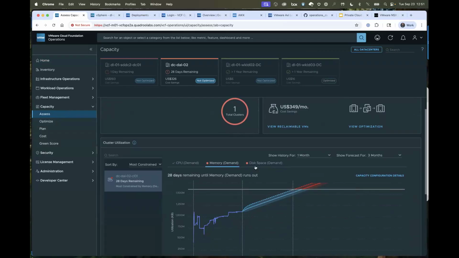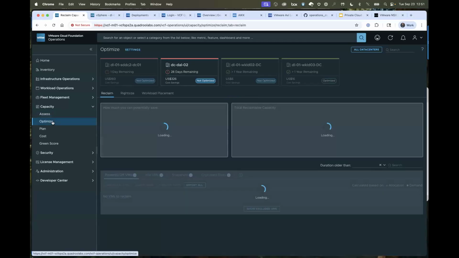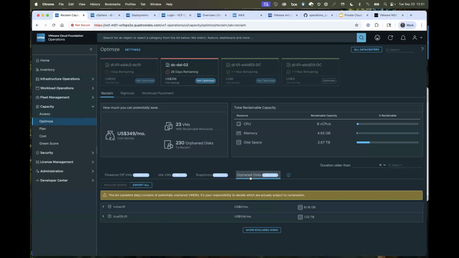So it's showing me capacity direction here. Disk space, I've got a little time before we need to order some additional disk space. But where we see a lot of customers getting value is around the ability to optimize an environment. And like here, for instance, I've got some orphan disks. I might need to take care of these.